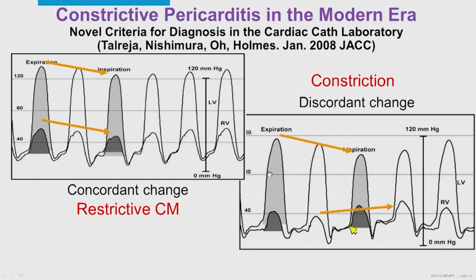And also the width of the pressure increases with inspiration here in RV, and then decreases with the expiration, as you see. And then those changes are quite opposite in the left ventricular pressure tracing. So that's the more specific changes we're looking at in patients who undergo cardiac catheterization for diagnosis of constrictive pericarditis